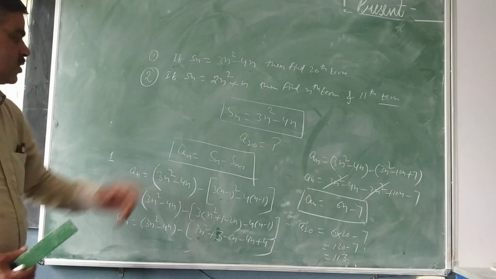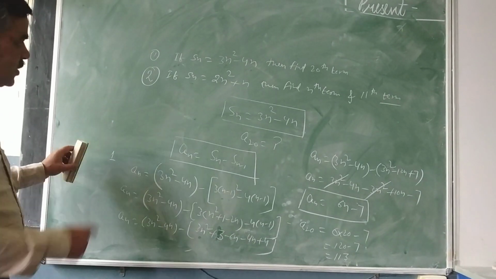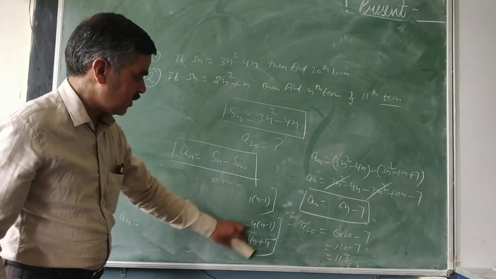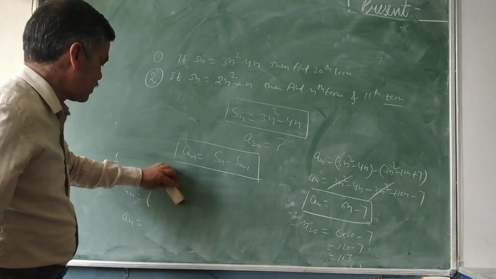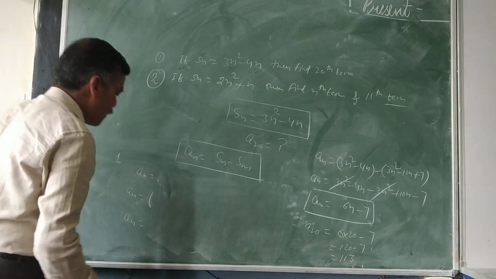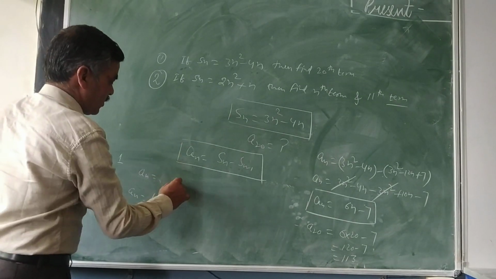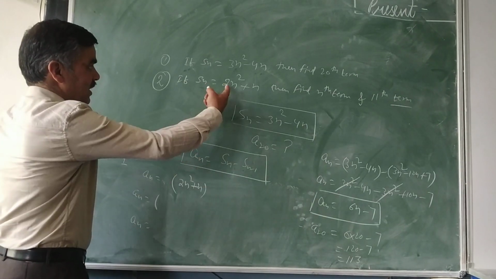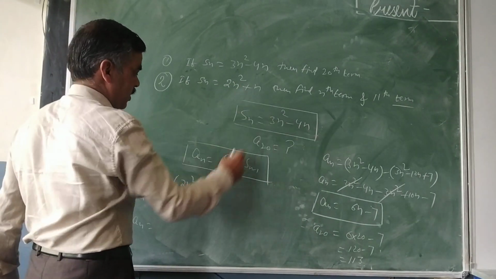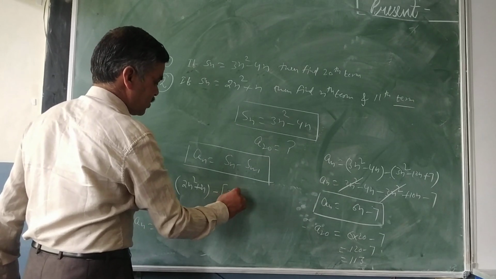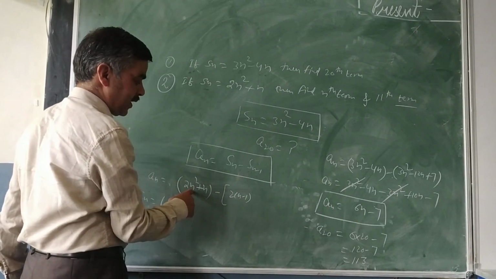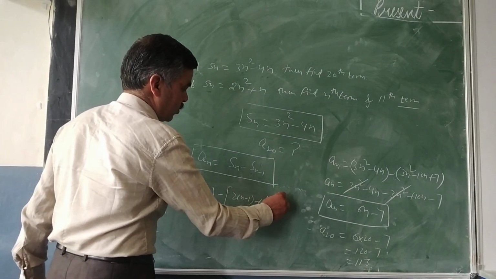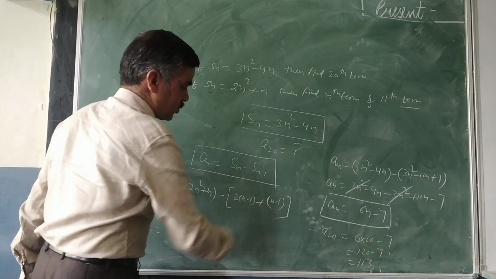Now look at this second one. Here Sn is 2n square plus n. So again I will go in the same way. Let us see how to solve this. So here it is an, equal to Sn minus Sn minus 1. 2n square plus n is Sn, I have substituted here. And minus Sn minus 1 means 2 into n minus 1. What did I do now? n I replace by n minus 1. Plus here it is n only, so I have to write n minus 1 and close the bracket.